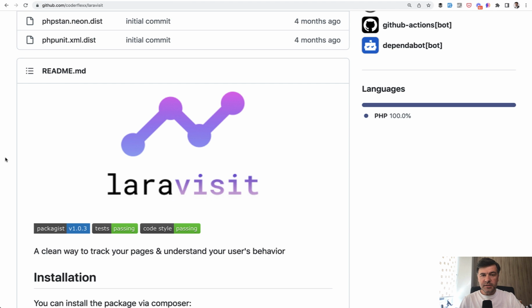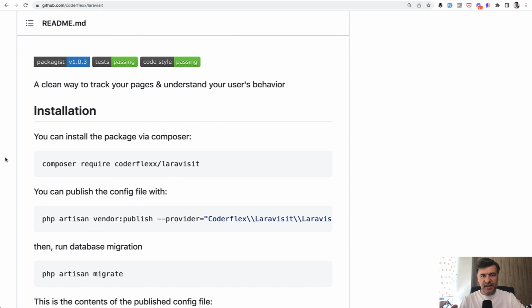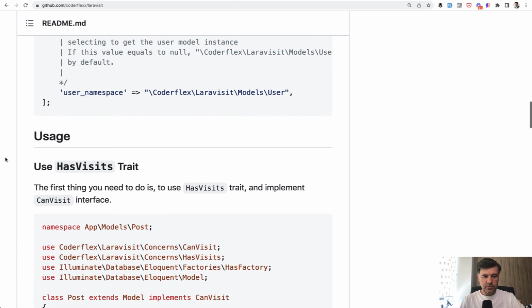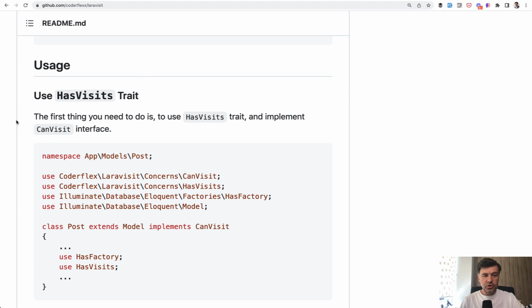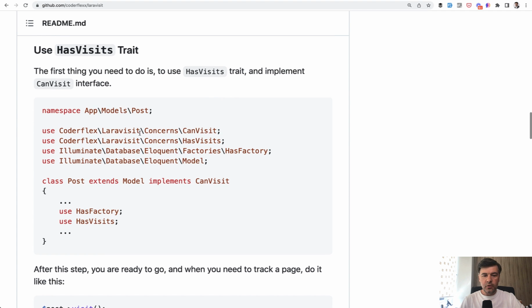And the third and final example of the same pattern comes from a package called LaraVisit. Basically, you can attach visits to your user model or other models if you prefer to. So again, you have a trait, so use HasVisits trait, but the trait implements the methods from CanVisit, which is an interface. They are both located in the same namespace and subfolder of Concerns, and that is, by the way, a personal preference. Sometimes interfaces are called concerns, but it's basically the same thing. It's just different wording of the same thing. So let's take a look at